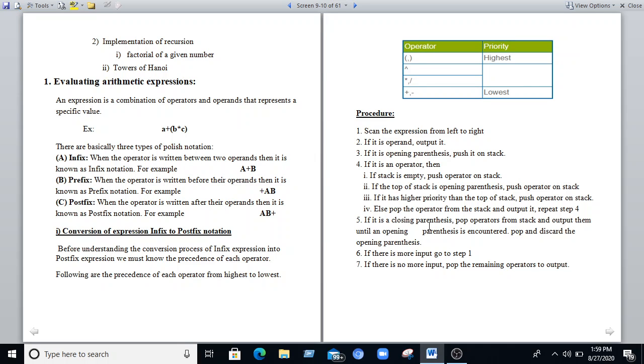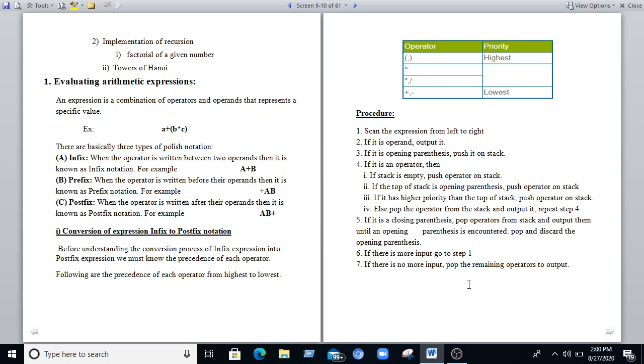Repeat the four steps. If it is a closing parenthesis, pop operators from the stack and output them until an opening parenthesis is encountered, then pop and discard the opening parenthesis. If there is more input, go to the first step.